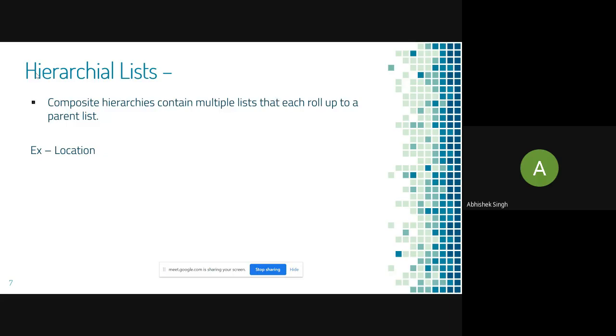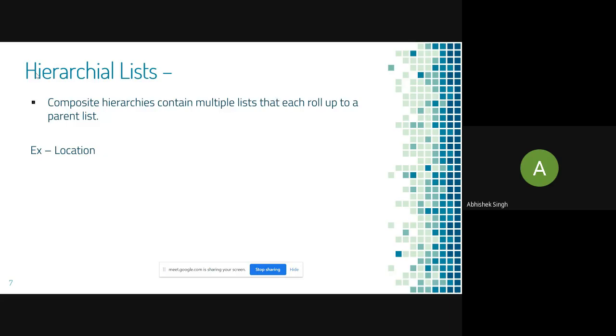For example, rice, wheat, noodles fall under edibles. Daily care has soap, shampoo, detergents. Beverages has tea, coffee, soft drinks.